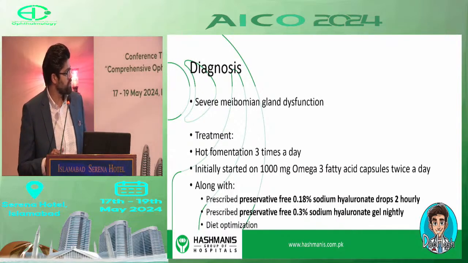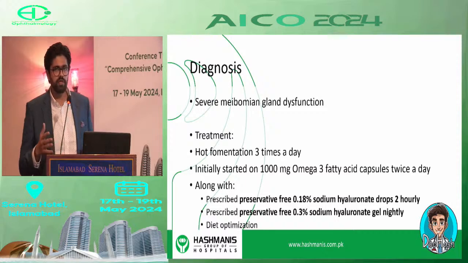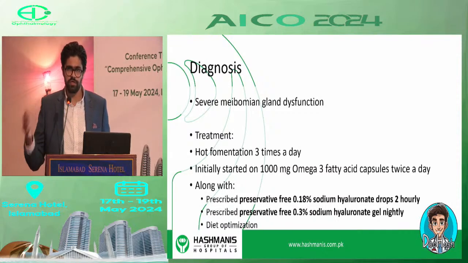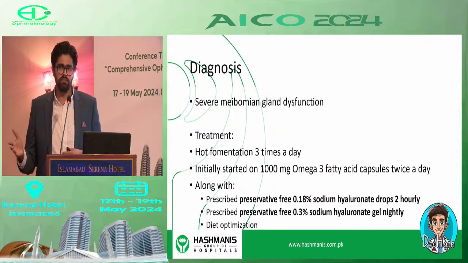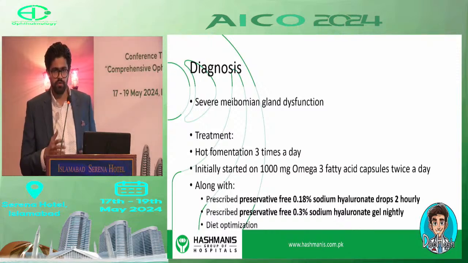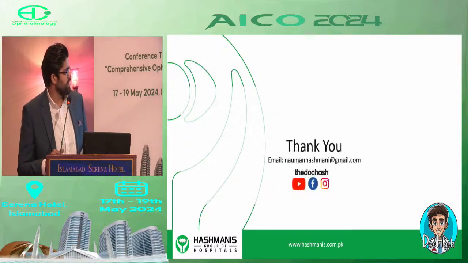So what did we do? We did hot fomentation 3 times a day, and we gave omega-3 fatty acids, and then preservative-free sodium hyaluronate. Hot fomentation was continued for about 6 months to a year. The patient gets gradually better, but obviously, because the meibomian glands are so destroyed, you can't make them absolutely perfect. And that's the end of my